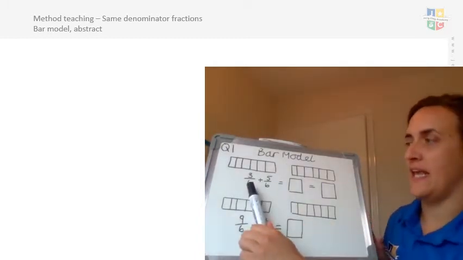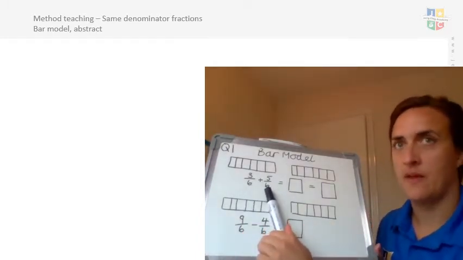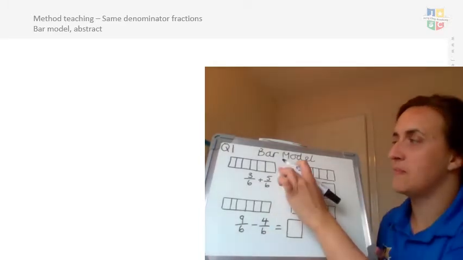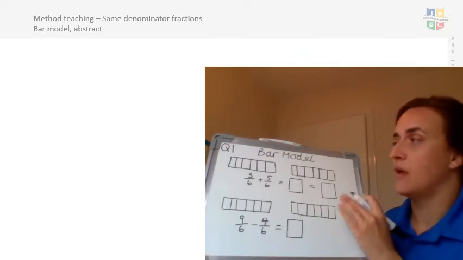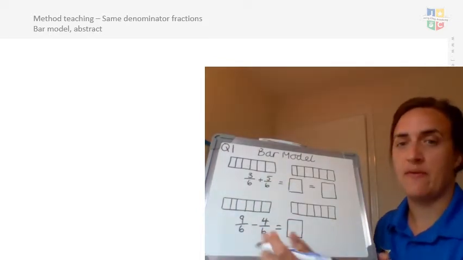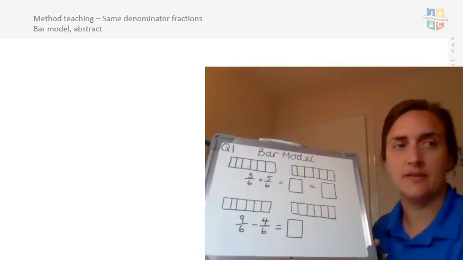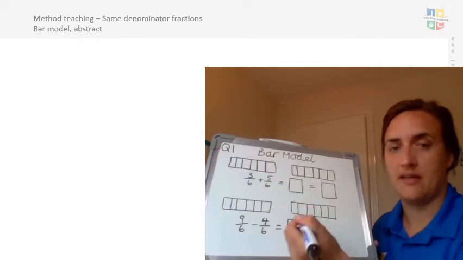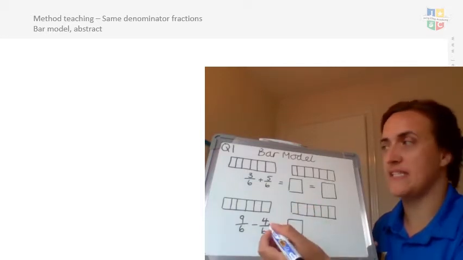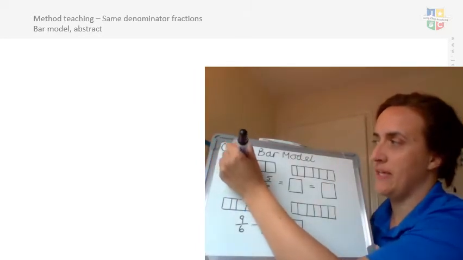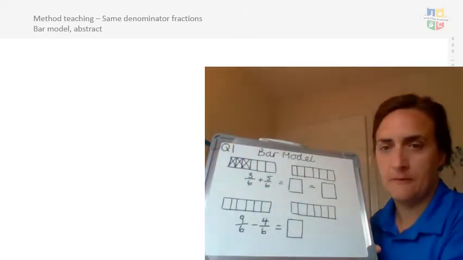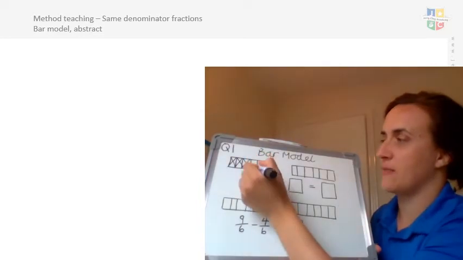We've got 3/6 add 5/6, and because we're dealing with sixths, we've split our bar models into 6 parts each, because we know that our denominator tells us how many parts the whole has. So 3/6 add 5/6. Now if you've got different coloured pens or pencils, it would be good for you to colour the 3/6 in a different colour to the 5/6. So I'm just going to do my 3/6 like that, and my 5/6 I'm going to now add